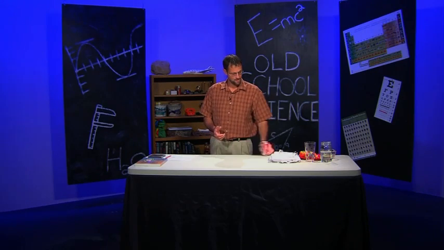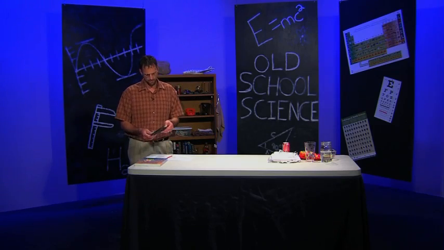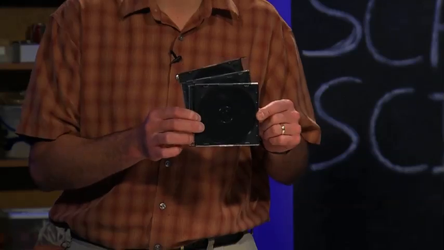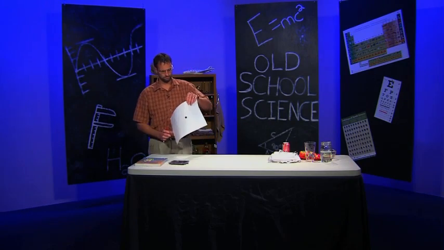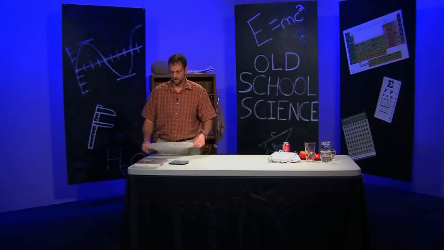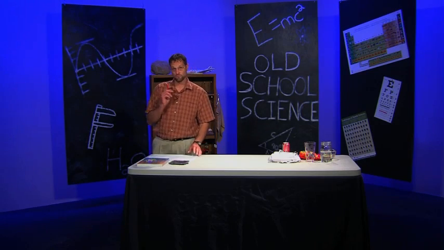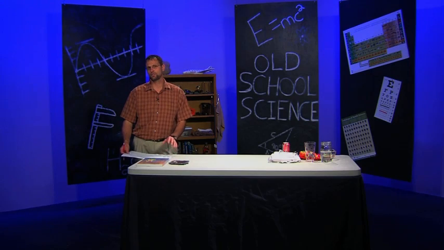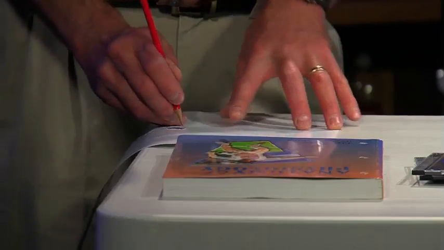First I'm going to start out by doing the simple demonstration over here. What I have is just some old covers from CDs, and a piece of paper, 11 by 17, with a hole in it. I also have a book for some extra weight, and a pencil I'm going to use to mark a place on my table. I'm going to bring this close to the edge of the table, about an inch from the edge, and mark my hole with the pencil.